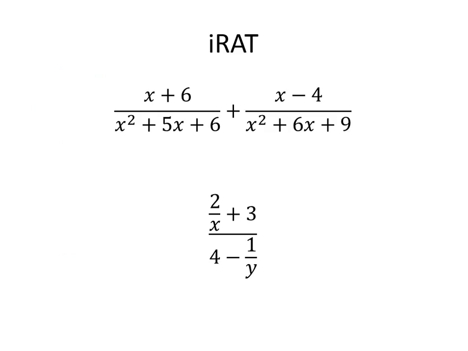Your IRAT, first one, add it together. So again, factor the bottoms, find your least common multiple, and then multiply each one by what it's missing, and then add them together. And then you have a complex fraction on the bottom, so get a common denominator in the numerator, a common denominator in the denominator, and then flip